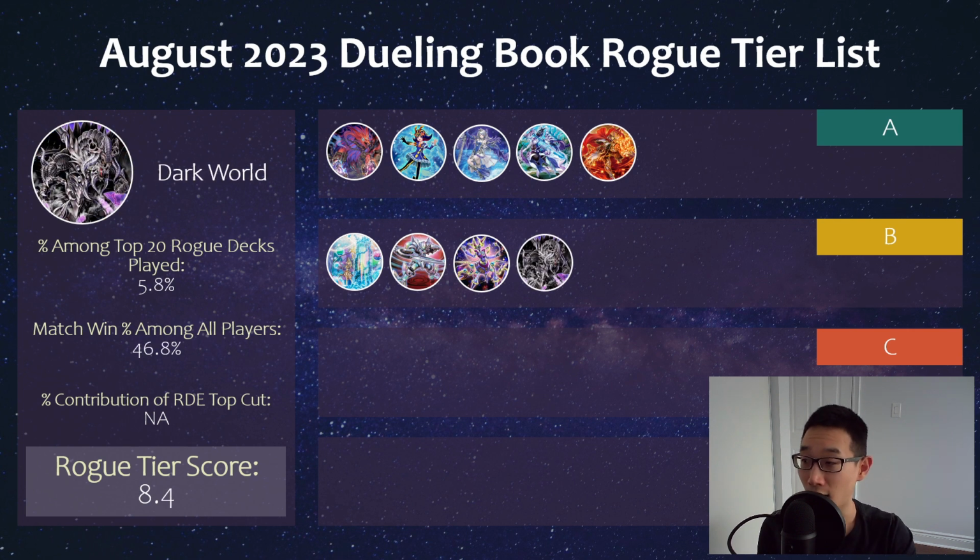And then another rogue option that's got at least a little bit of support in Duelist Nexus is Dark World. Dark Corridor is an insane card. Unfortunately, it is a hard once per turn, or at least unfortunately for Dark World players. For the rest of us, I'm glad because that deck is, let's be real, not fun to play against